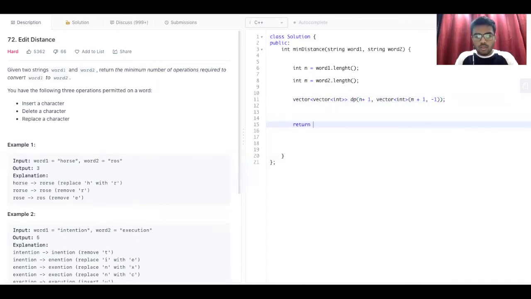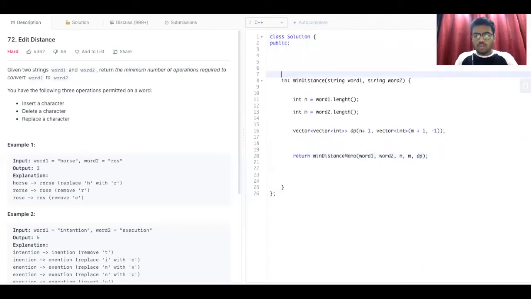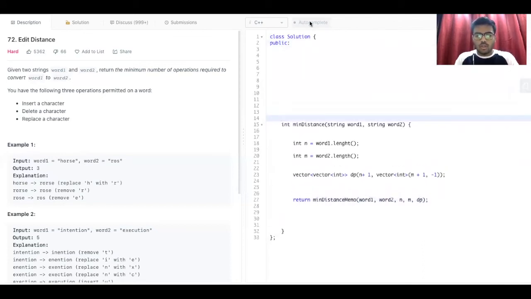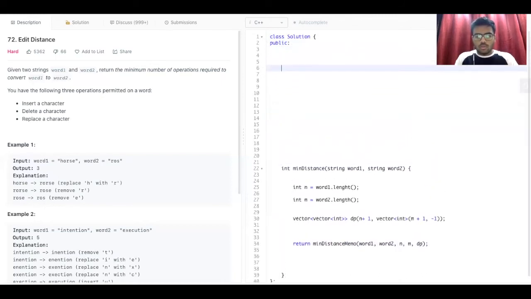Then we create the memoization function, min distance memo. We pass word1, we pass word2, we pass n, we pass m, as well as we pass dp. That's what we do always, and that is a generic way of solving the LIS type problems. So we'll create this function int min distance memo.